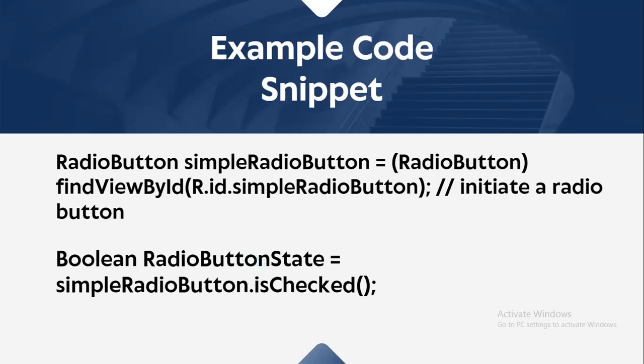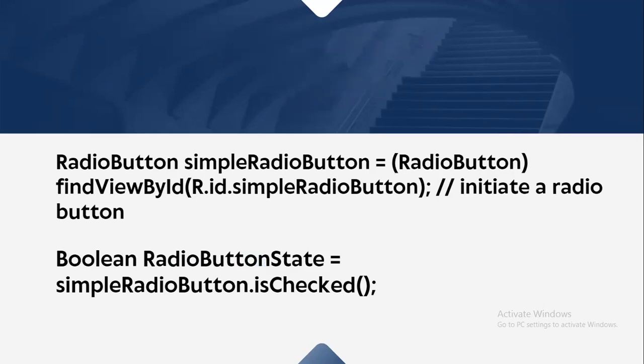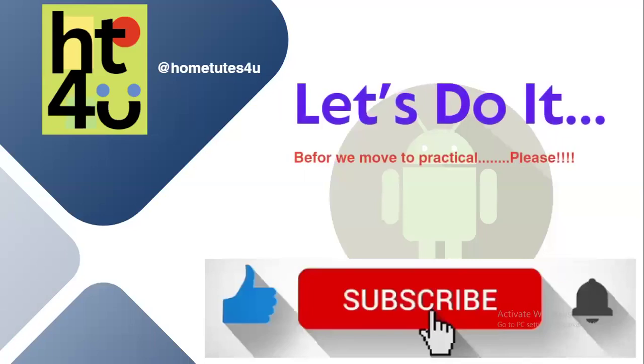So this is the sample example of code snippet, but we will see practically in Android Studio how we can create single radio button or radio button group. So let's move to our Android Studio, but before that, before we move to practical,